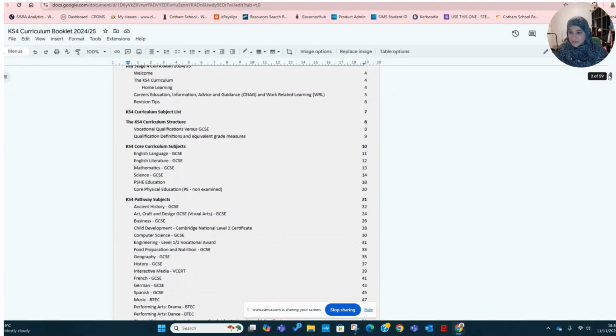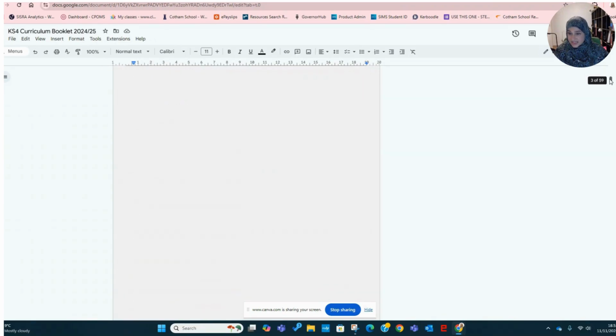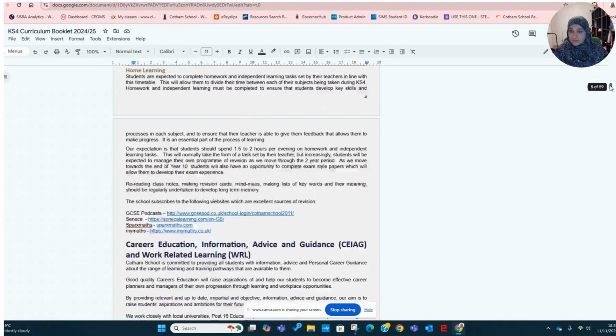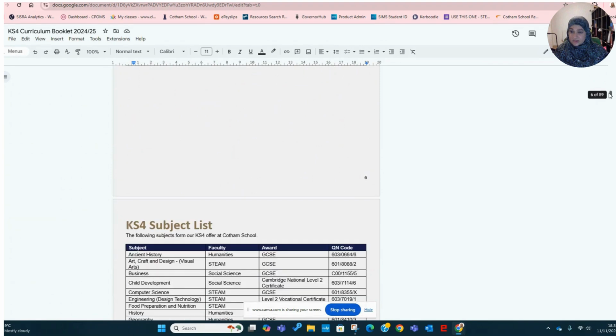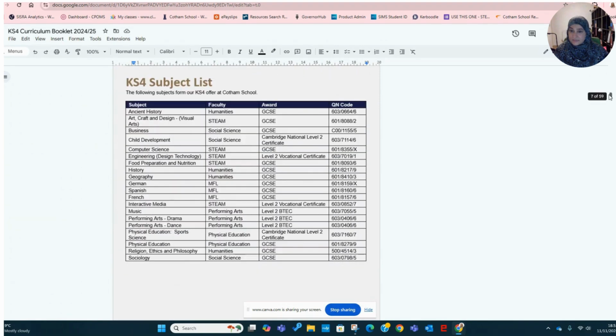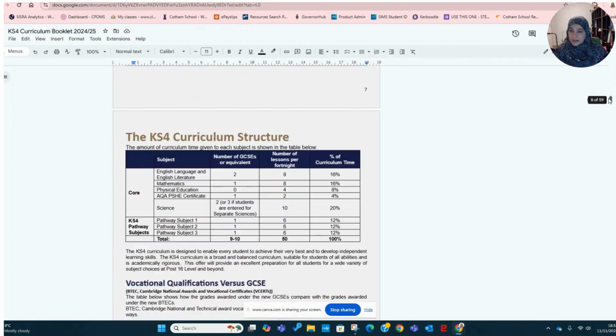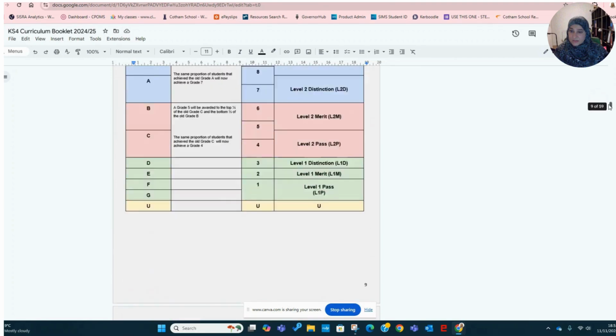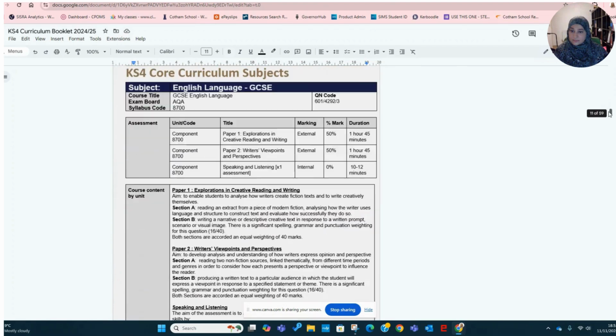The Key Stage 4 curriculum booklet outlines all of the courses which your child will study in Key Stage 4. So it will give you information about their exam boards, how they're assessed. If I just scroll down into one of them for you, just to give you a bit of an idea. If we look at maybe English, there you go.